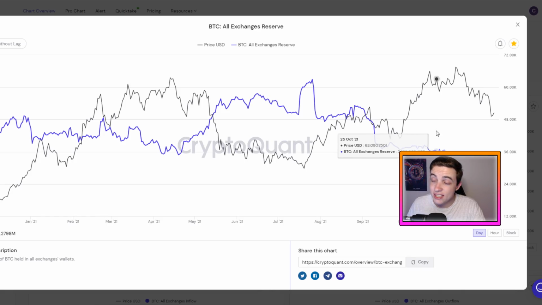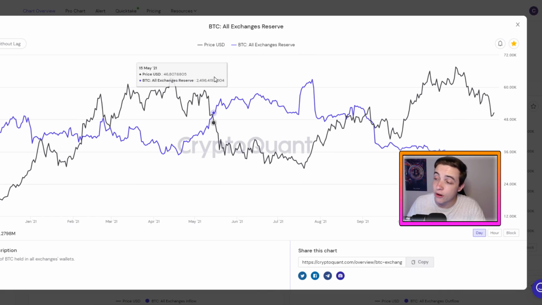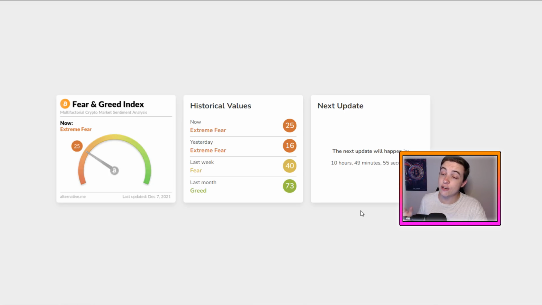And just before we jump into the important on-chain analysis for Bitcoin, I'll just quickly talk about the Bitcoin Fear and Greed Index, right now sitting in extreme fear again. Now, since yesterday, the value of this indicator has bounced back to the upside a little bit, but with that being said, once again, we're still in extreme fear, which historically speaking, anytime we're sitting in extreme fear, they normally come in confluence with great buying opportunities.